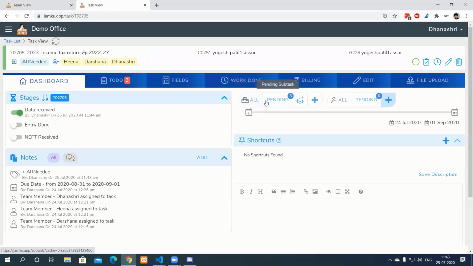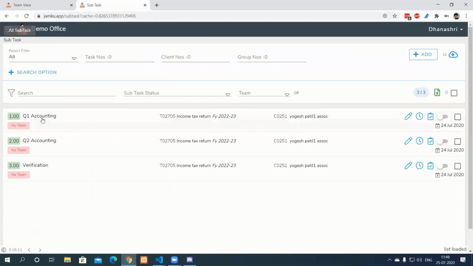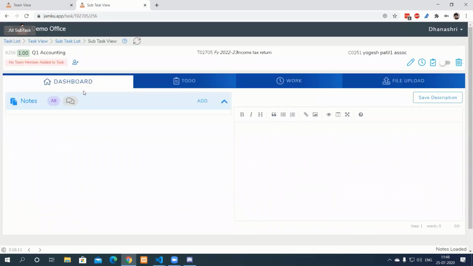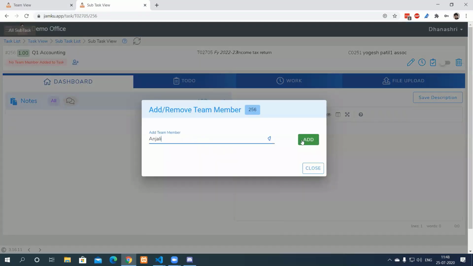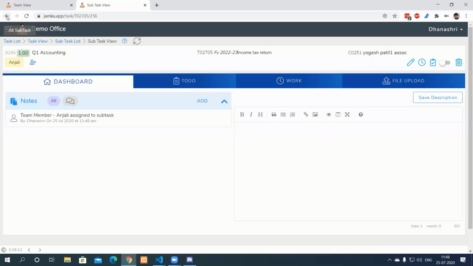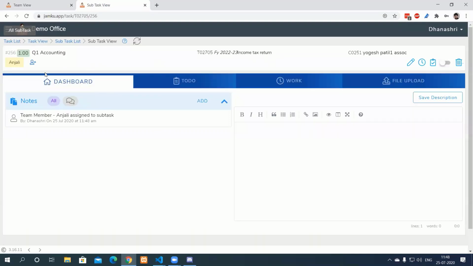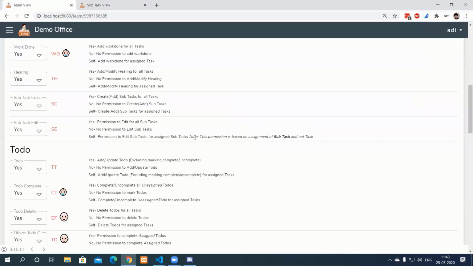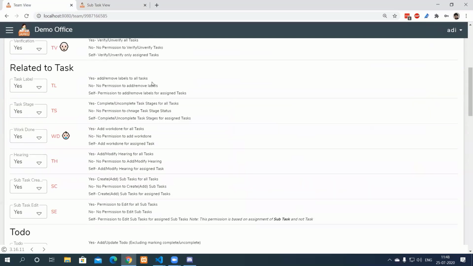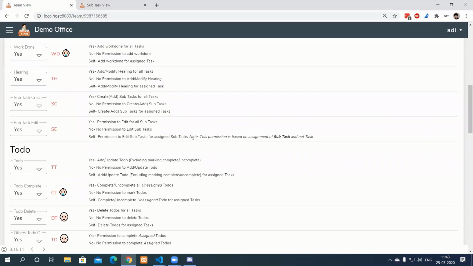So if I open this pending list, and suppose I change the team members now, in this case, if Dhanashree was given a self permission to edit subtask, she will not be able to edit the subtask because she is not added to the subtask. So here important to note it is assignment for subtask and not for task as it is in all other cases. And hence we have added this note as well.